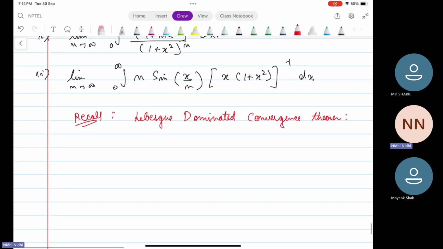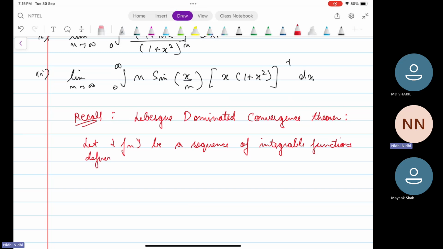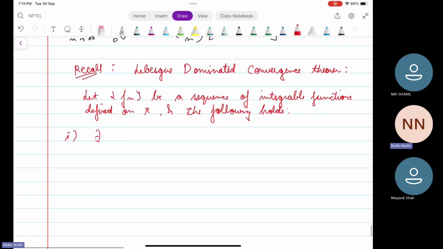Let fn be a sequence of integrable functions defined on X and the following holds. Firstly, there exists an integrable function